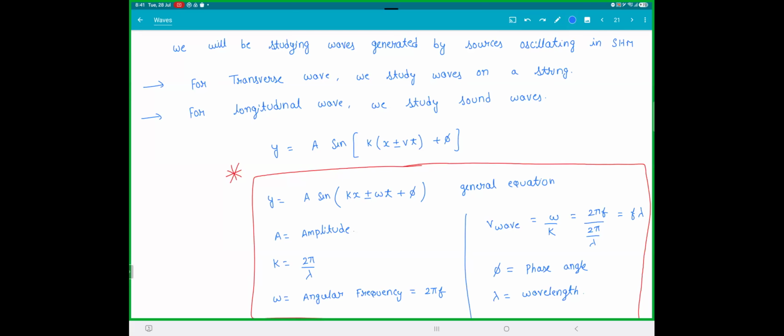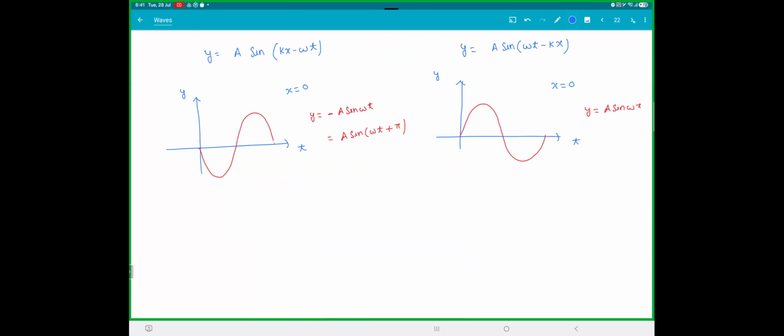Now if you look at the equation a sine kx plus or minus omega t, a is understood. A is the amplitude, maximum distance from the mean position. Now when you talk about that kx and all that stuff, the phase difference between 2 points is important. So when a wave is going,